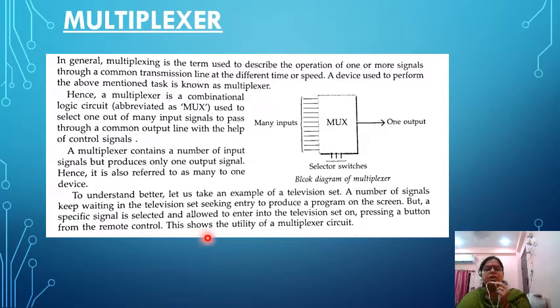This shows the utility of the multiplexer control circuit. When we have the remote, we have the option to choose any channel, but all the channels are in the list. These are your many inputs, but by selecting only one channel, you get only one output. This is the program of your multiplexer.